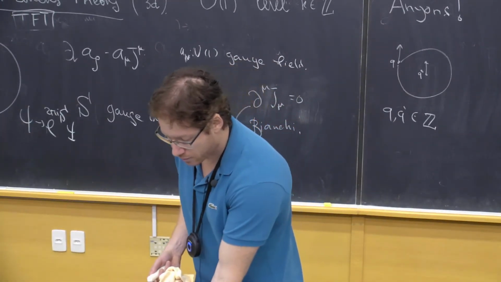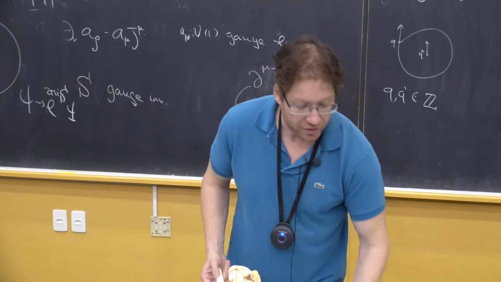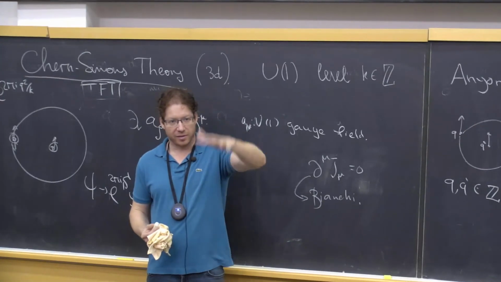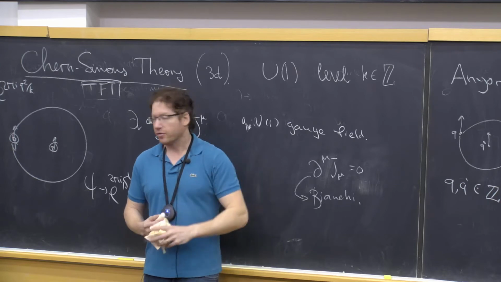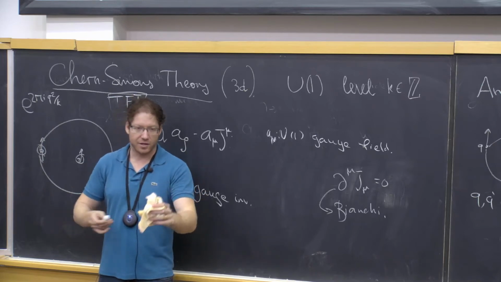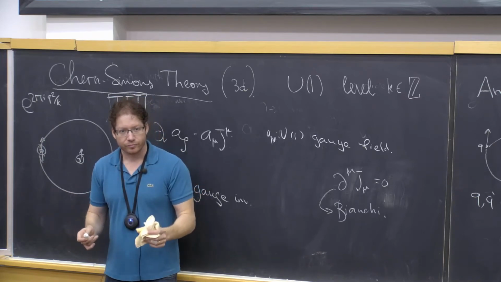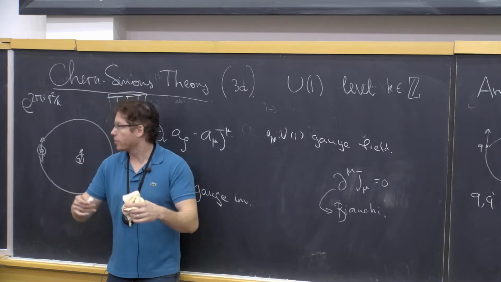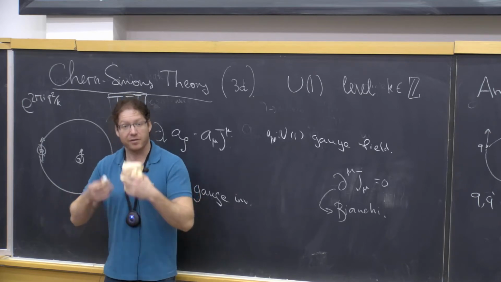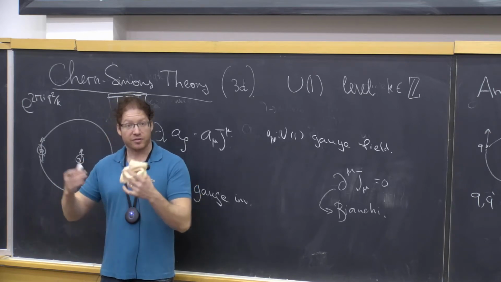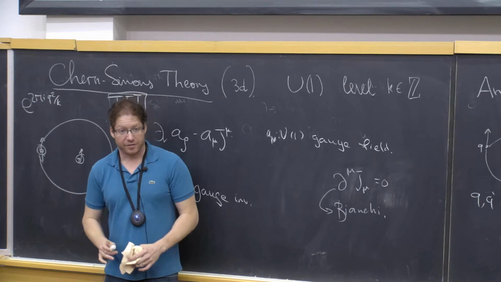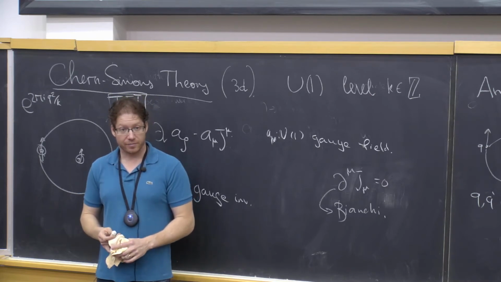Say again? Are these anyons very massive? They're external particles. Oh, you're asking if we can make them low mass, if we can make them dynamical? In this description, the anyons were external particles, just charge 1 particles that I put in by hand, and then I just move them adiabatically. But in the future, what we want to do is make these anyons dynamical, so that they could be created from the vacuum, they could fluctuate, and then we will discuss generalizations of particle-vortex duality with anyons. But at the moment, these anyons are just external particles, like external charged particles. Okay?